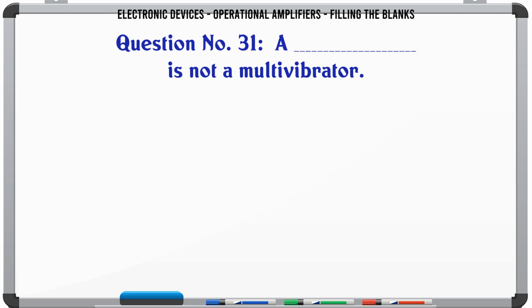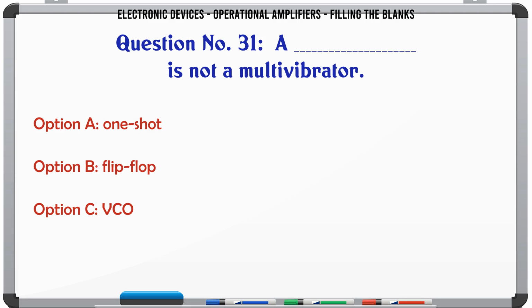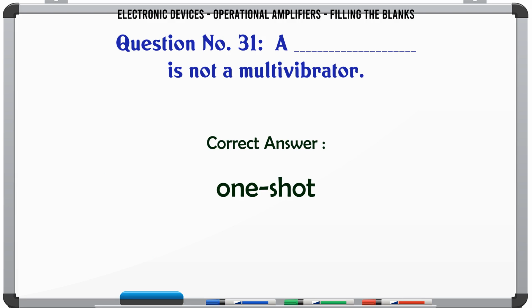A is not a multivibrator. A. One shot. B. Flip-flop. C. VCO. D. Bistable. The correct answer is